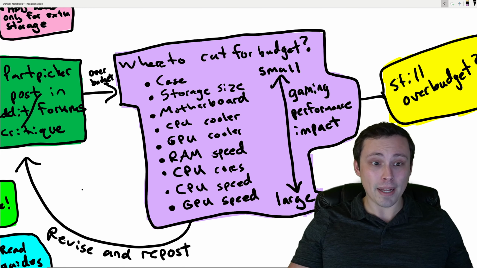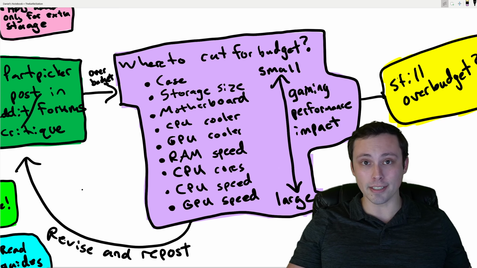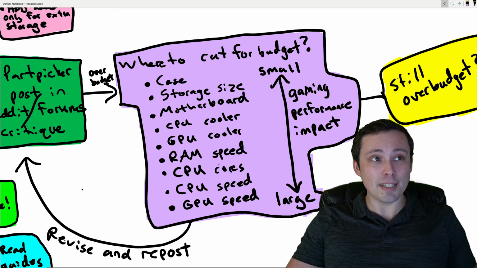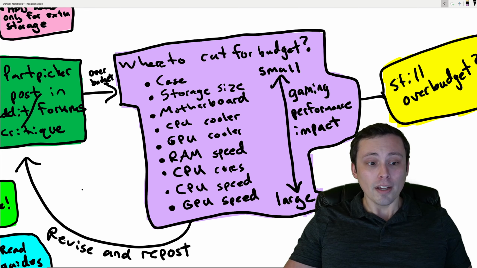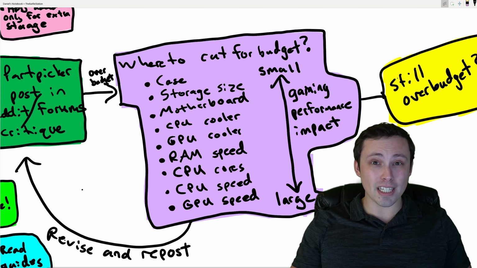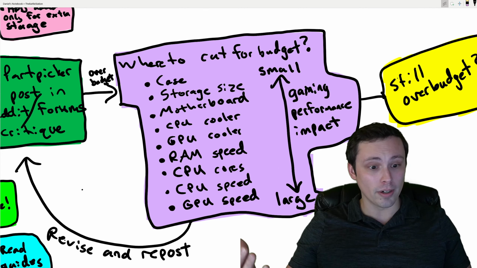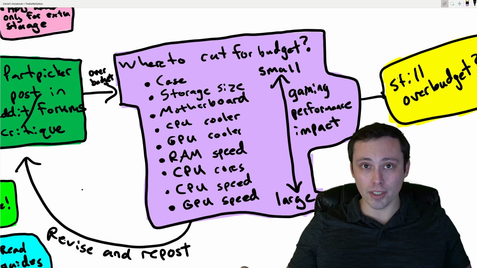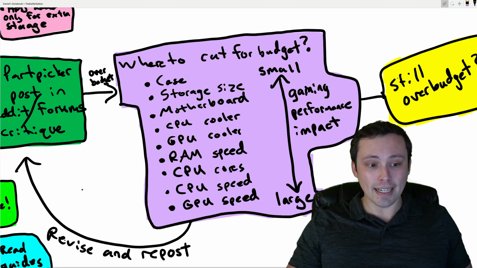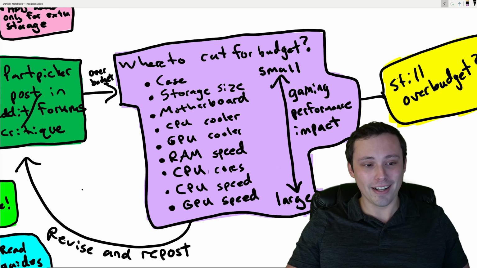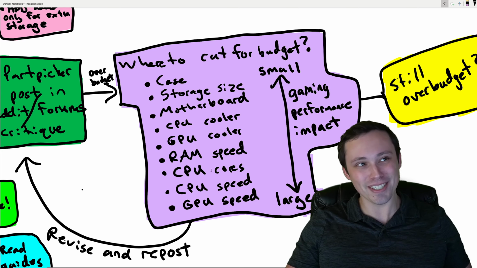It's not going to be as impactful as just buying a worse CPU, but hey, let's look at that next. So if you're going to buy a worse CPU, you're going to downgrade your CPU. You might want to look at downgrading cores first if you had already targeted something like an 8-core CPU or more. You don't actually need 8 or more cores for most games. Cutting down to 6 cores or even 4 cores, 4 is pretty low these days, but again, this all depends